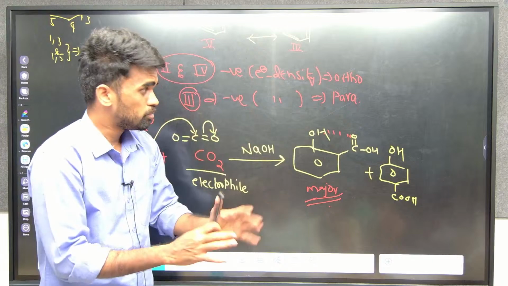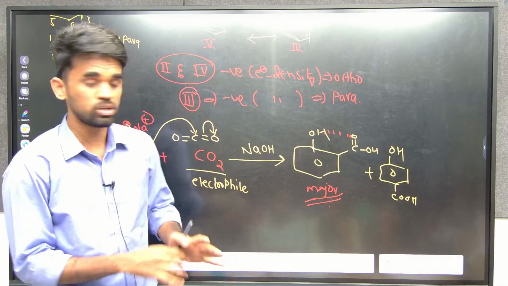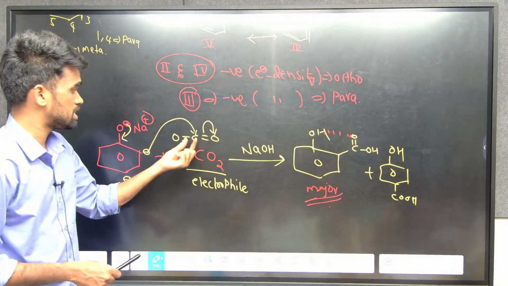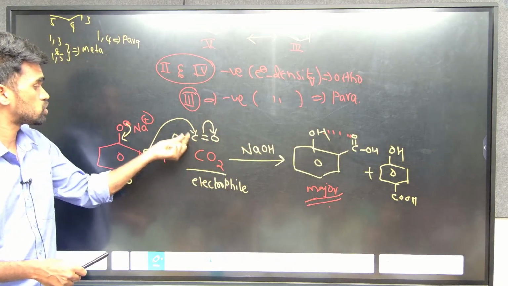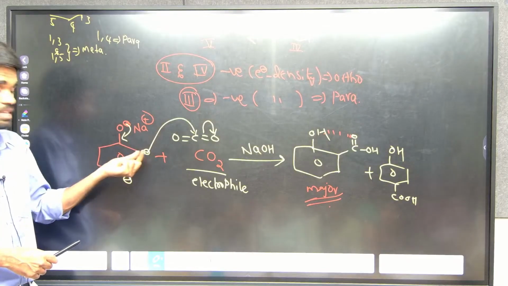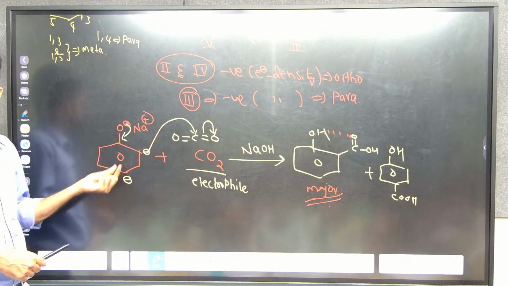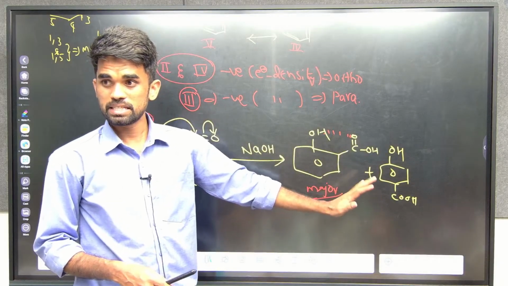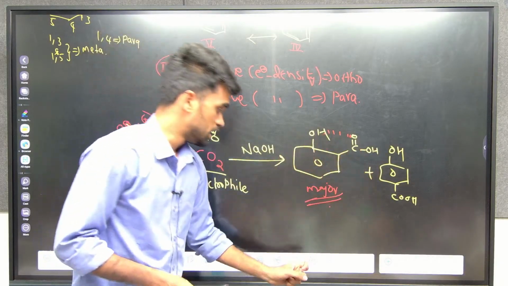Forget about the reaction name, but even without knowing it you have synthesized these products. Just by knowing that this is an electrophile, and the electrophile goes to the more electron-rich sites. What are the two electron-rich sites? Ortho and para. So with respect to ortho and para, you have written the products. Is this clear, how you are doing this? Okay. Similarly,